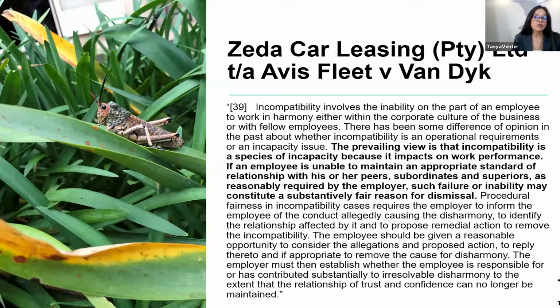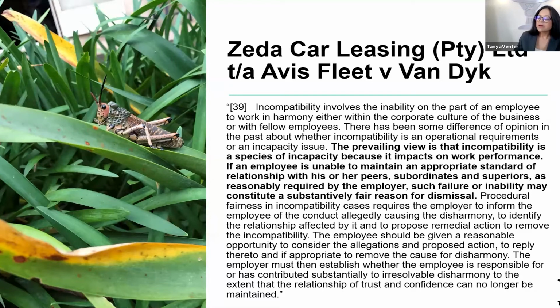And they asked the two managers to apply. I don't want to go into the details of that, but in essence, the Labour Court and the Labour Appeal Court both found that it was procedurally unfair as an operational requirements dismissal of Van Dijk, and they awarded compensation. The compensation was slightly reduced by the Labour Appeal Court in their decision, but certainly it was found to be